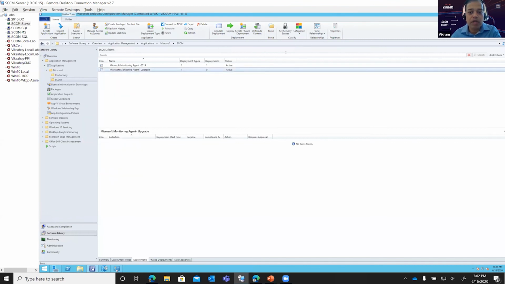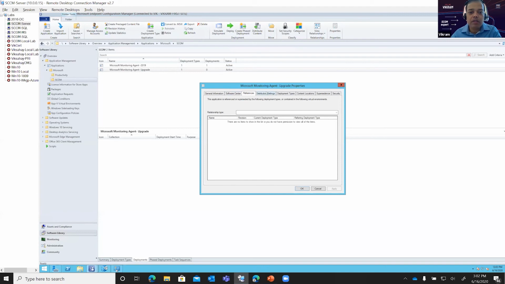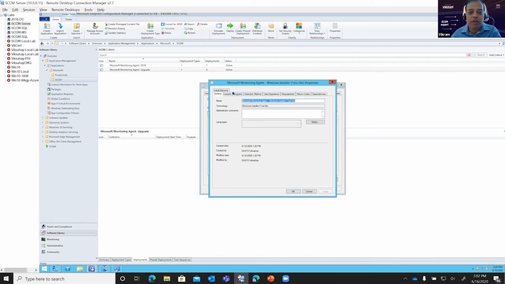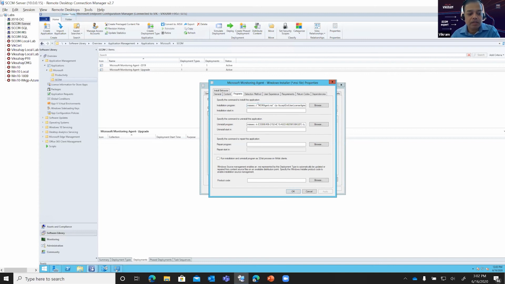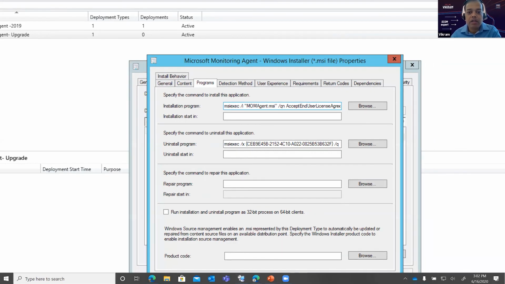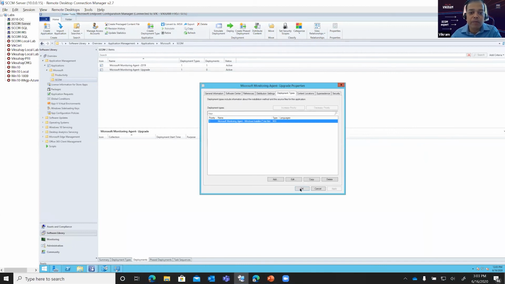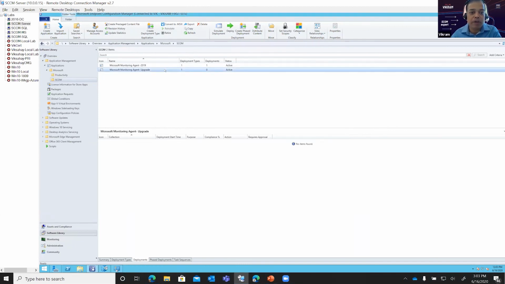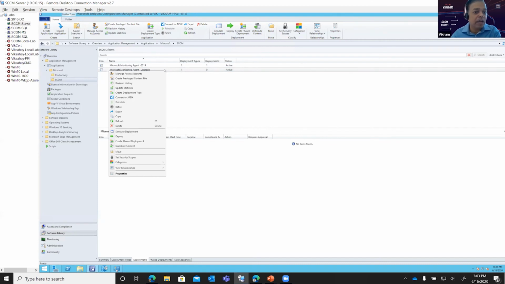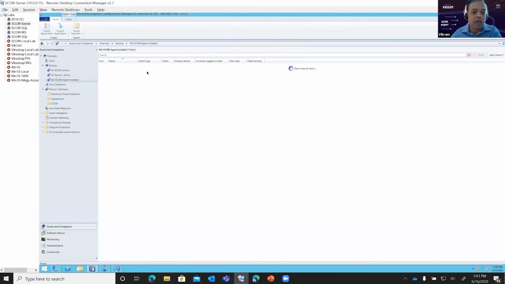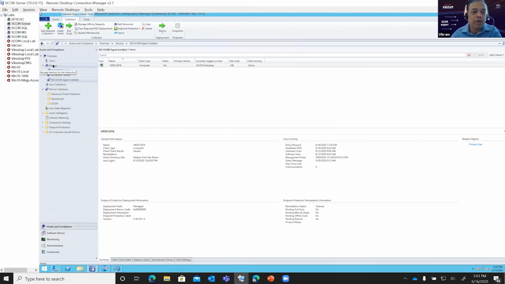In this particular one, so the command line which I'm using is this. MSI exec /I to install and /QN, right, for quiet. And that's it. So let me just show you quickly as I'm demoing it over here. Let me show you the deployment, like how I need to deploy it, because it's an agent upgrade part, right? So once it's an agent upgrade, it means where I need to do that,